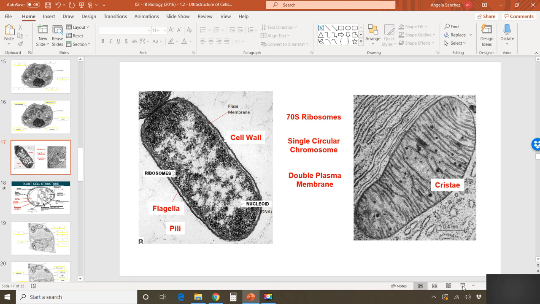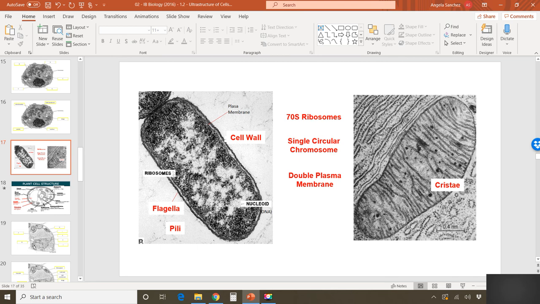Okay, we'll just leave it. A mitochondria on this side and a prokaryote on this side. So what is in common between both of them? They look really similar,